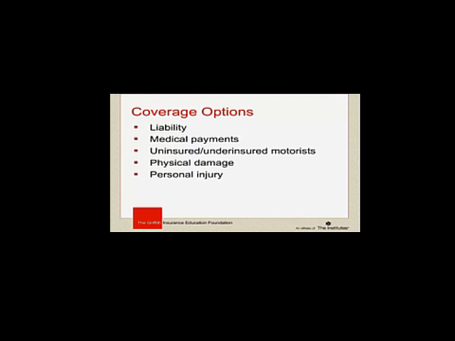There we go. So the four primary coverages in the auto policy, again conveniently named A, B, C, and D, are the liability coverage, medical payments. Again, both of these are going to be very similar to what we saw in the homeowners policy. Part C is going to be a little bit unique. That is the uninsured and underinsured motorist coverage. And then Part D is going to be akin to our dwelling coverage for the homeowners. It's going to be the physical damage, property damage component